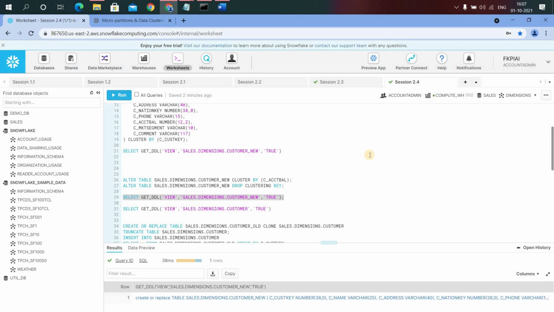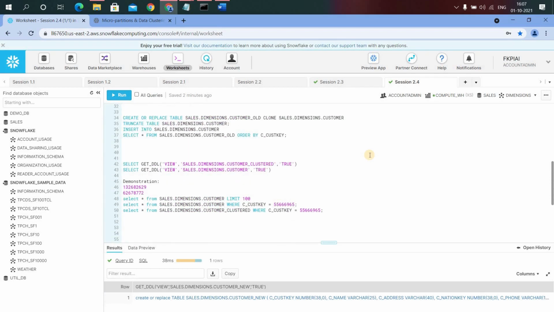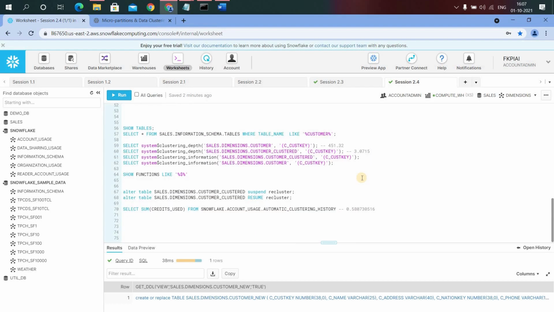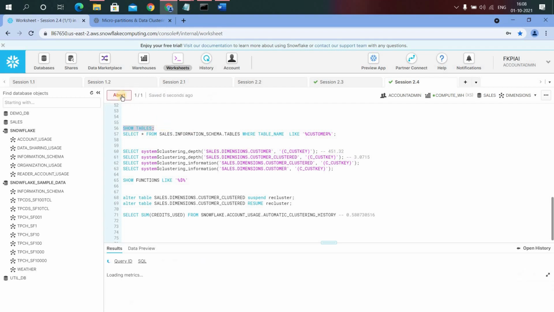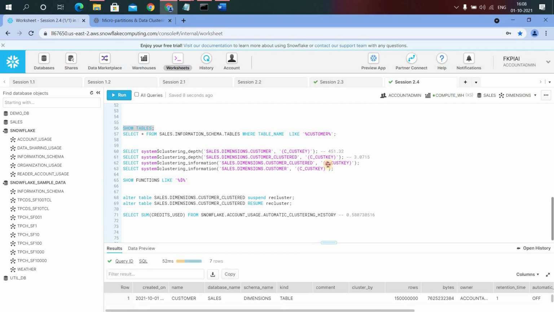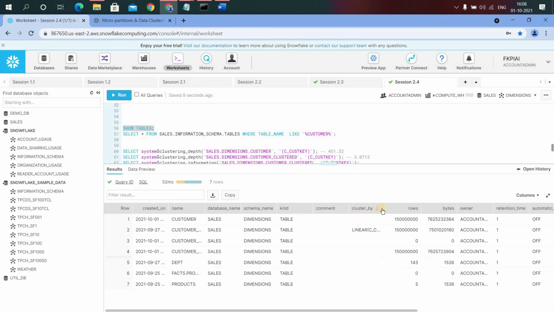Now the question is, how do I know whether a given table is clustered or not? We can get that information from the show tables command, or we can query our information schema. If I run this particular command, it will display information about all the tables in the current schema. I ran this query, and here is a column called cluster by.